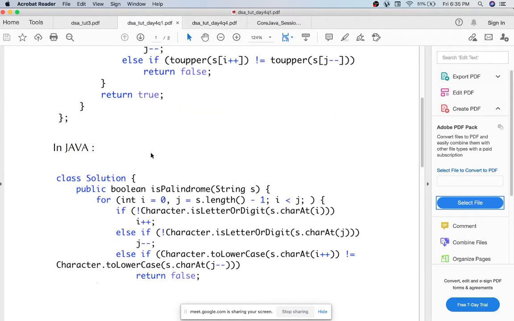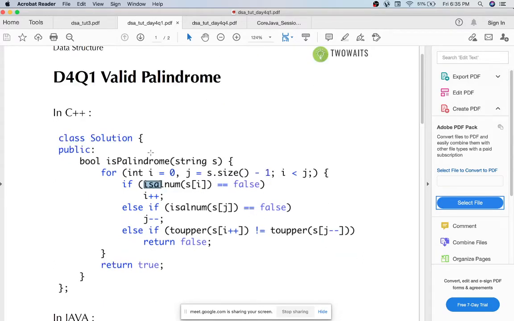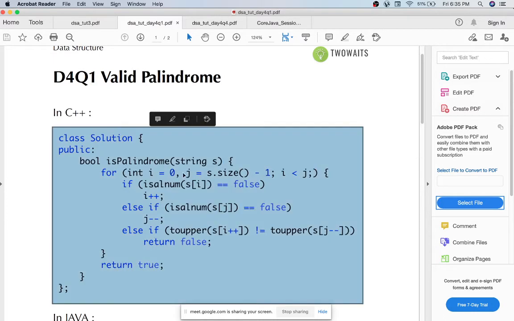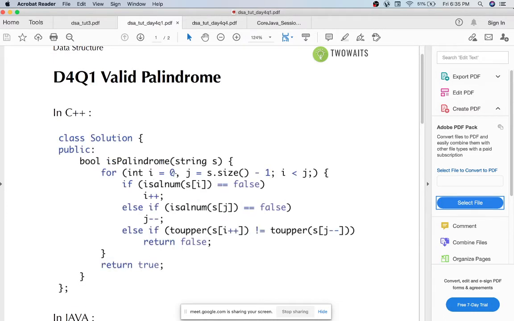So let's first look at the C++ code. We have taken a for loop. We are going to use a single for loop, but we will be initializing two variables. You can also initialize i equals 0 separately, or you can have many initialization statements in the initialization section of for as well. So whichever suits you, you can do. i is initialized to 0, j is initialized to the last character, that is s.size() - 1. So the only condition we are going to check in this is i is less than j.